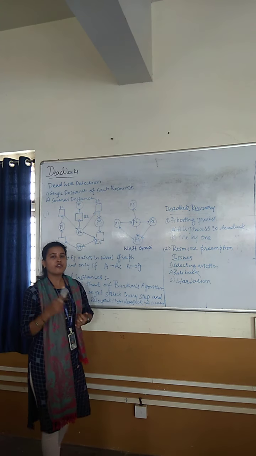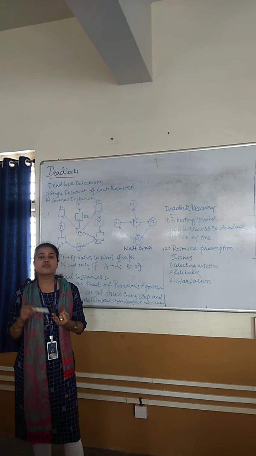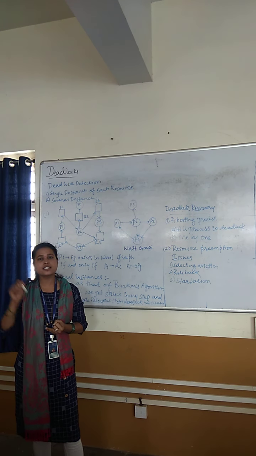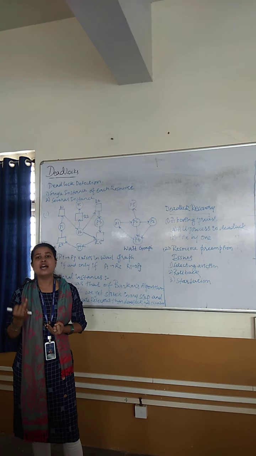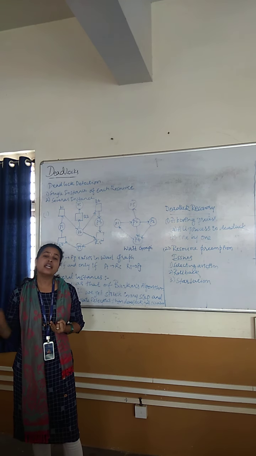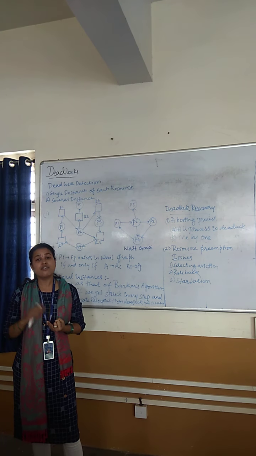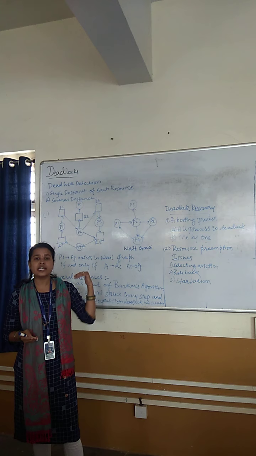Deadlock detection. Now we have already studied deadlock prevention and avoidance. If even with both of these deadlock is not avoided, it still occurs. In spite of taking care of deadlock prevention, that is the four conditions which we have seen: mutual exclusion, no preemption, circular wait, and hold and wait. In spite of denying any one of these conditions, and after avoiding using the Banker's algorithm examples, if we still cannot stop the deadlock, then deadlock will occur. So then we will go for detection of deadlock.